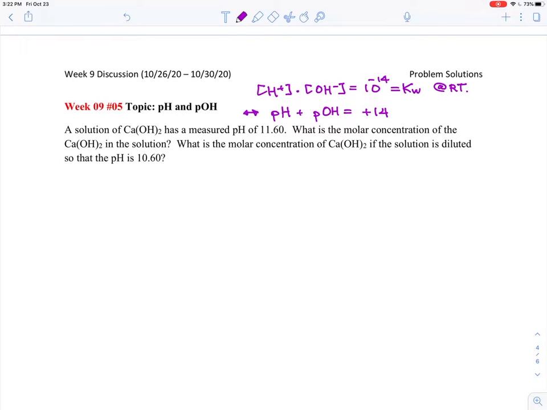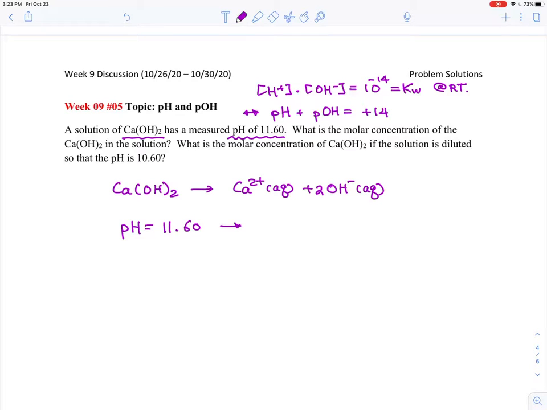So a solution of calcium hydroxide will be dissociated into calcium 2 plus aqueous and OH minus aqueous, but there are two OH minus for the balance. It has a measured pH of 11.60 on a pH meter. And so this means that pOH can be calculated as 14 minus pH,